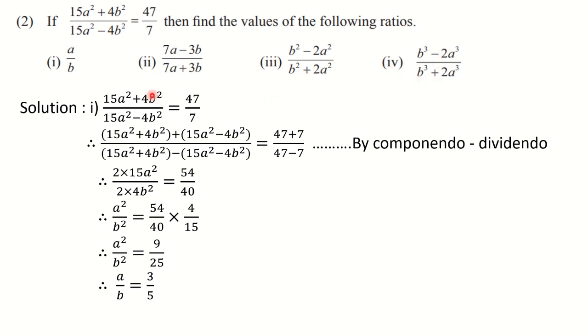Now one major difference you find here is, other than the first question, in that the plus sign was in the numerator and the minus sign was in the denominator. That means componendo dividendo was there. But here it is exactly opposite. Everywhere you will see that it is inversely given. Plus sign is in the denominator. No doubt we have to go for componendo dividendo only, but one more step we have to add, that is invertendo, to get the required ratio. Please take a note of this.